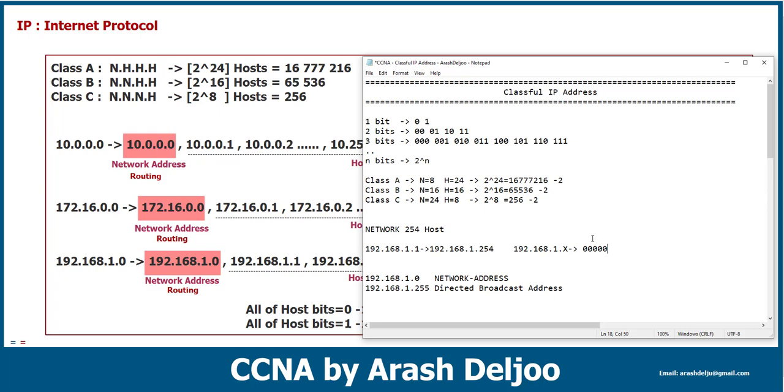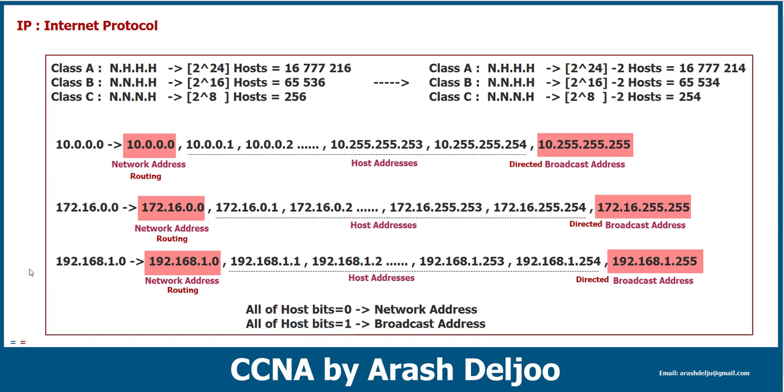host bits as 0, okay, this in binary, this is the network address. And after that, when you are using all of the host bits as 1, this is the directed broadcast address. Now you can better understand how many host addresses we have on, for example, class A, class B, and